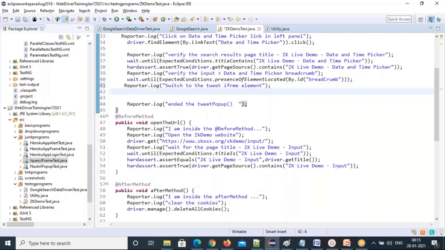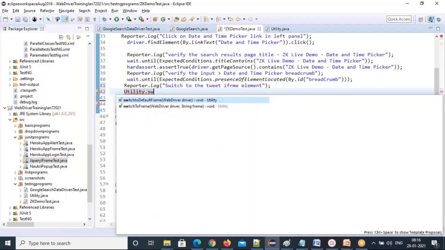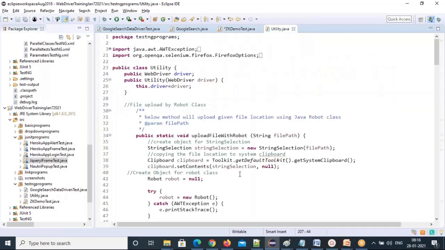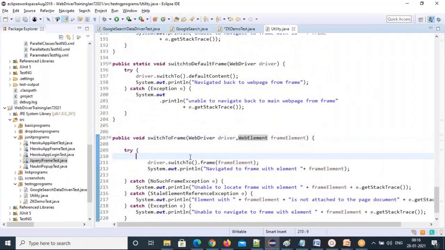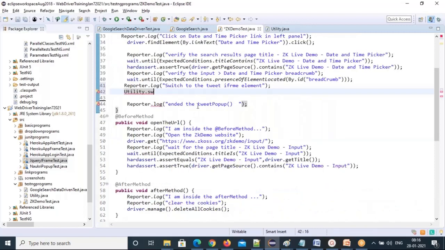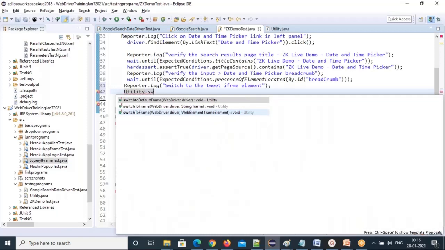So utility dot switch to frame. Why is it not showing this one? Okay, I didn't make this a static method. Yeah, this one I didn't make a static method. So I'll just make it static, and then utility dot switch to frame method.